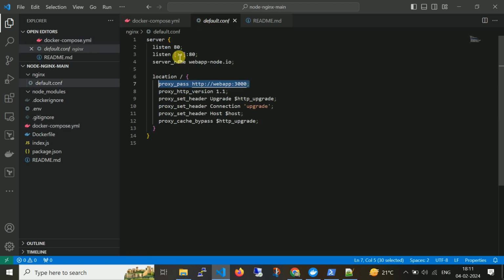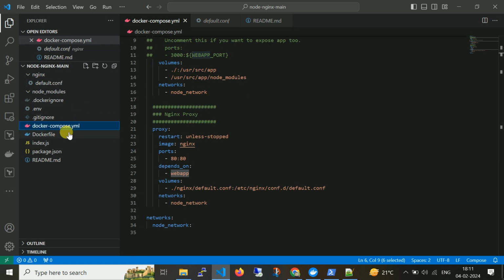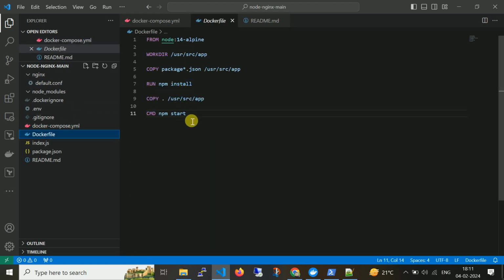So when I hit port 80, it will access that particular container on port 3000. So this is the Docker Compose file, and this one is the Dockerfile for this node Alpine 14 node, which we already discussed in the morning.